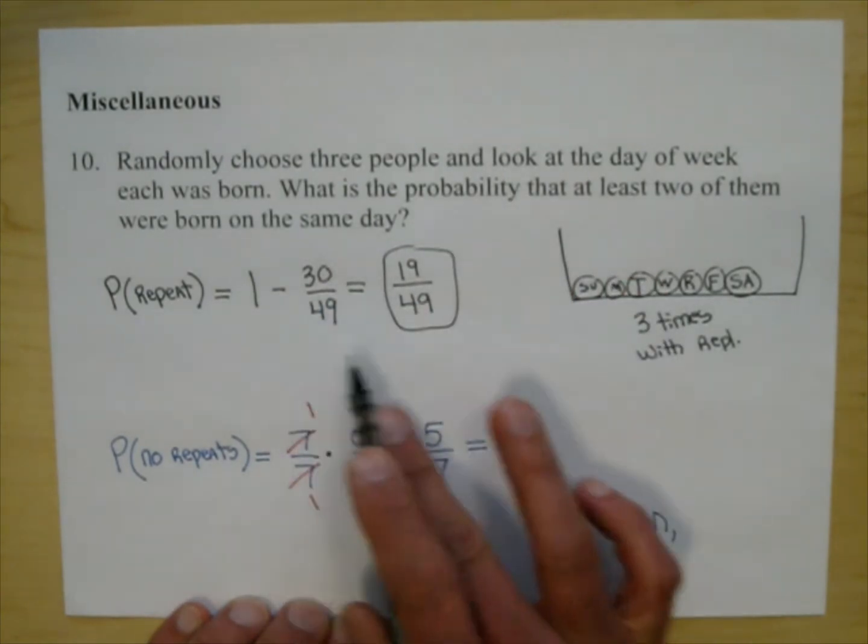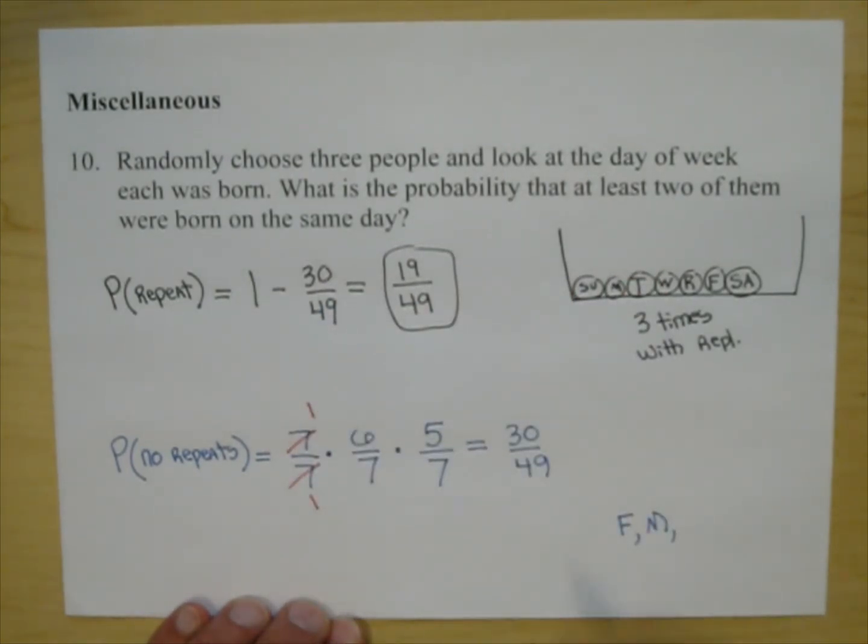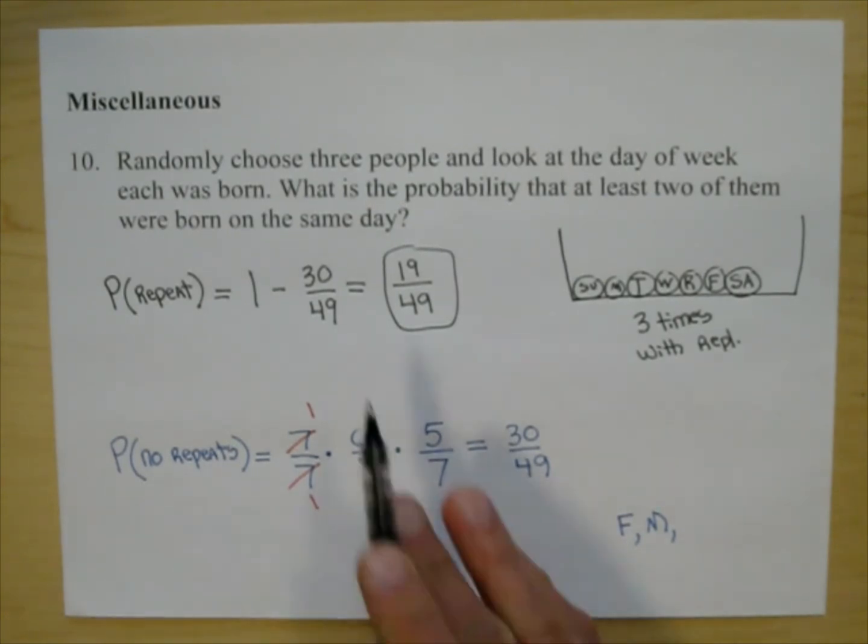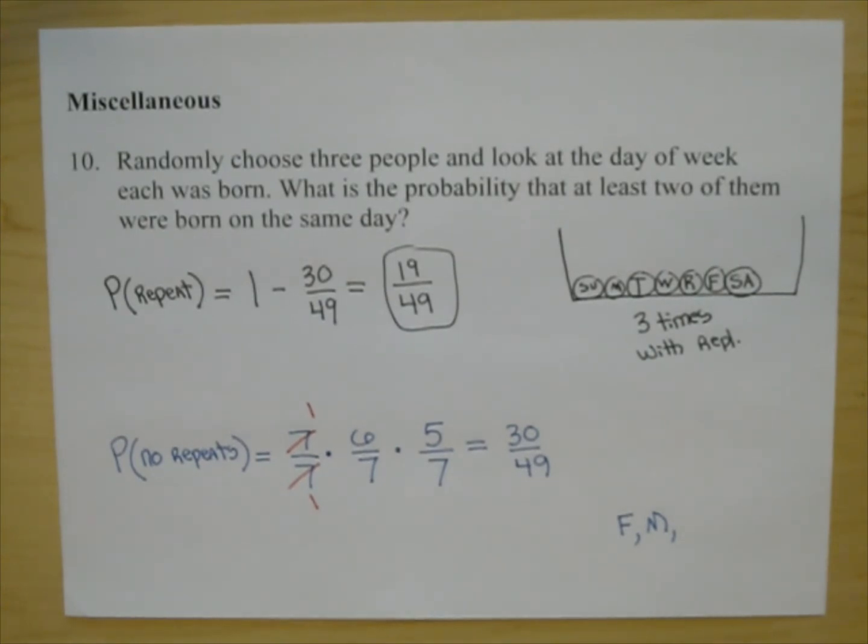It has nothing to do with figuring out this probability, but you can figure out the days of the week when things happen in the past or when things will happen in the future, without taking out calendars or looking at your cell phones. So that is number 10, and we've kind of reached